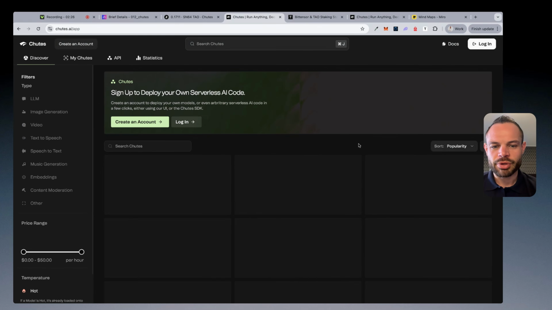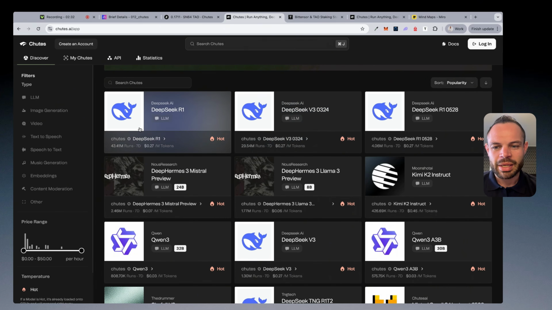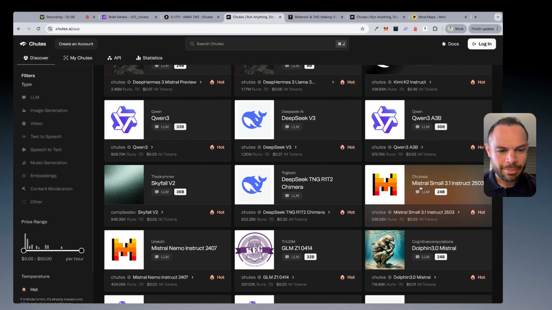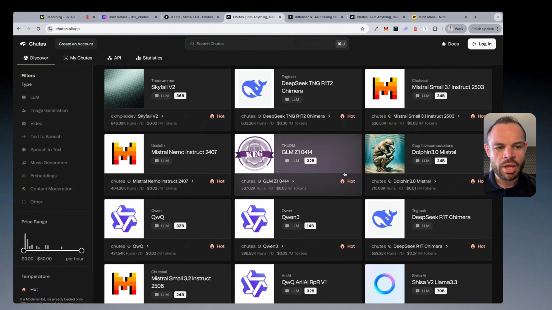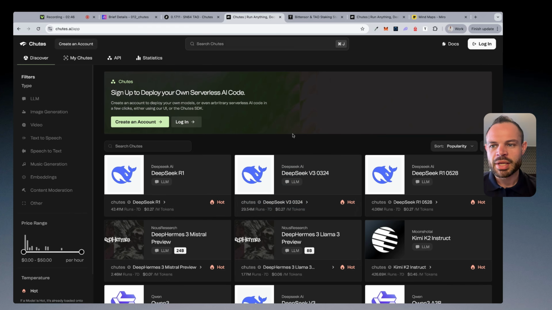And if we get into Let's Get Running, you can see that you have the ability to deploy hundreds of different open source AI models like DeepSeek. We've got Deep Hermes, we've got Qwen 3, we've got Mistral Small, Mistral Nemo. All of these different open source models are able to be deployed in a serverless fashion using the Chutes subnet. And what we're seeing now is lots of individuals and businesses beginning to use and deploy their AI instances using Chutes. We've seen huge growth in protocol use over the past number of months since its introduction only 6 to 7 months ago, and Chutes is garnering a lot of attention as the largest subnet in the Bittensor ecosystem.